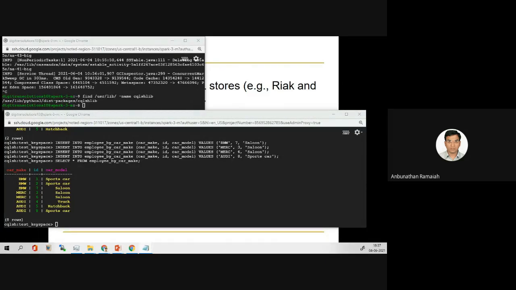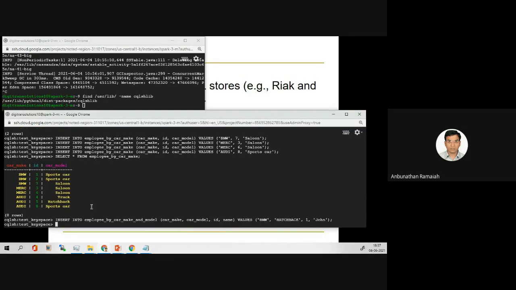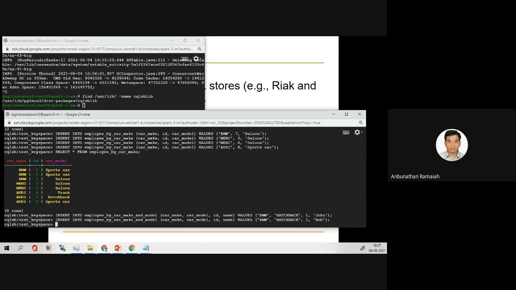So some more records we are going to insert in the other table, by model or make and model. 1, 2, 3.